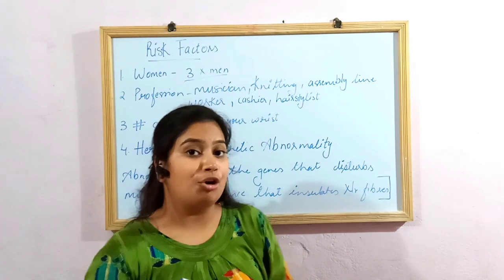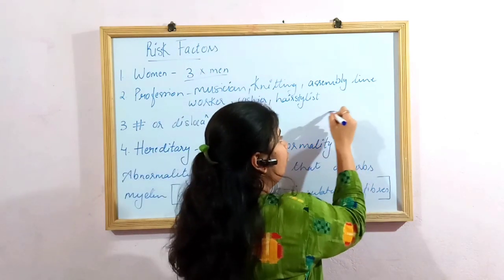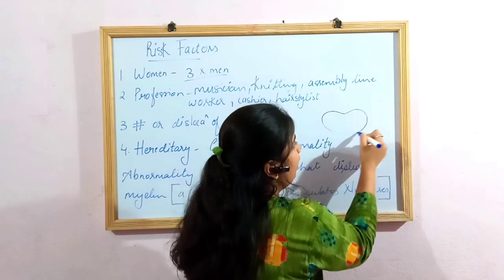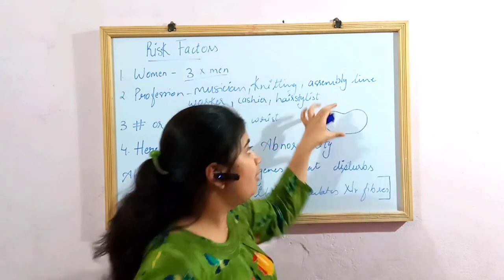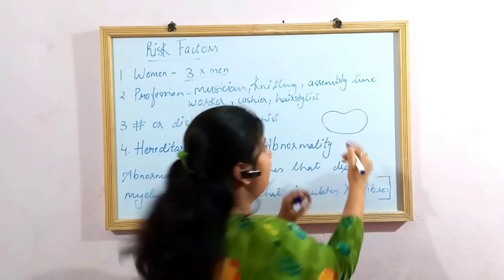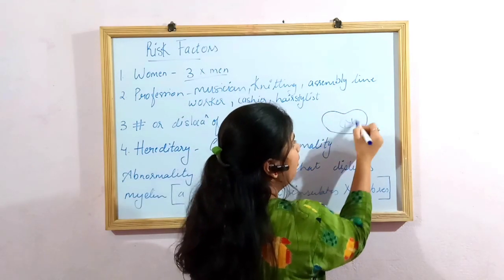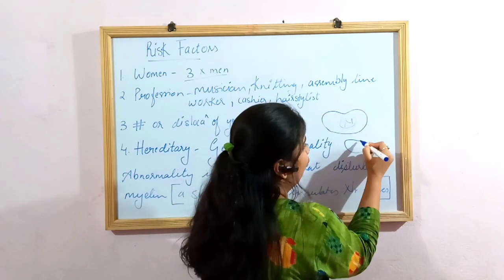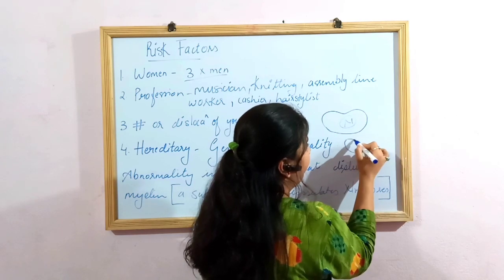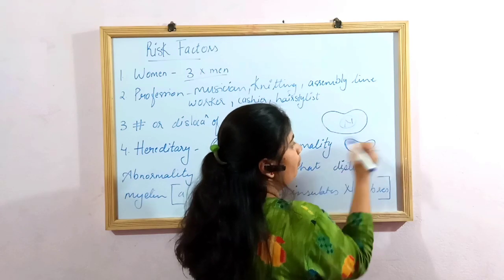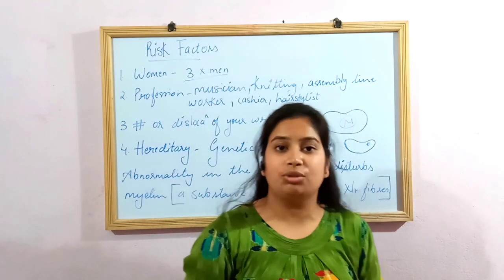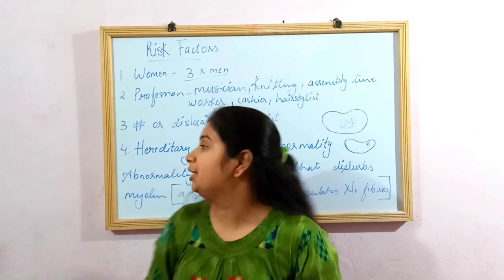I already showed you in the diagram of the TS section of the wrist, the carpal tunnel anatomy. Women have a very small carpal tunnel. Like if normal is this, then women's might be only this much. So this easily causes your median nerve to compress and causes you this condition.